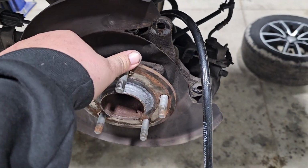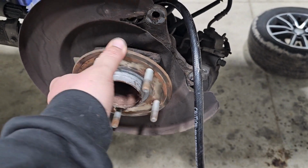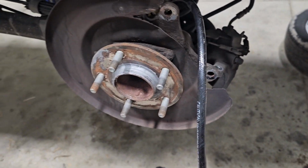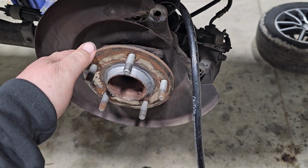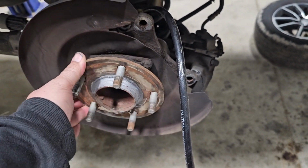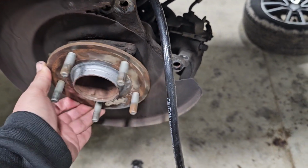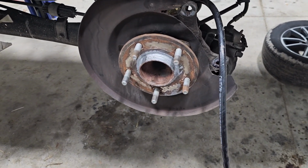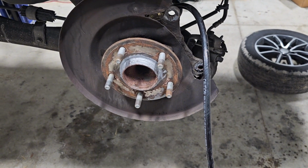I checked the wheel bearing, see how well it moves. Check it, see if the bearing or anything like that's bad. It's real nice and smooth in there still, so that's a good thing. I don't have to worry about replacing the hub bearing. Hub bearing's in good shape. I think the car's got like 97,000 miles on it. We haven't hit 100,000 yet. But no, this bearing still feels just as good as if it was brand new. There's no crunchy or anything. I don't feel anything in it. Feels nice and tight, feels good. So we'll leave that alone, and we'll go ahead and start putting these brakes and stuff back together, and we'll